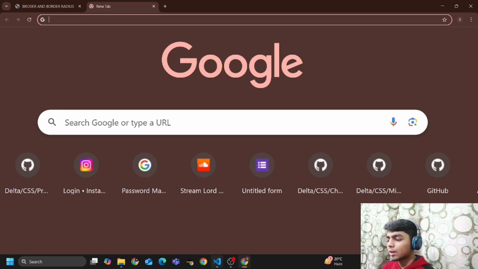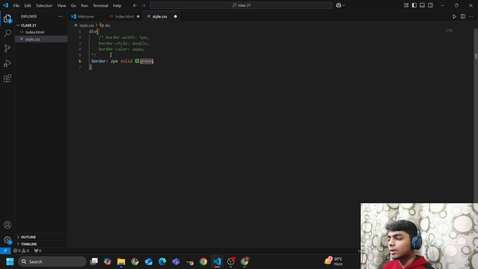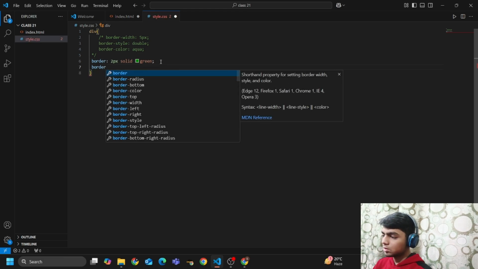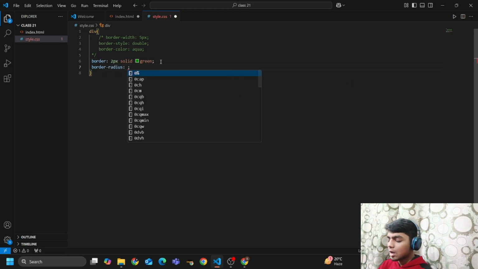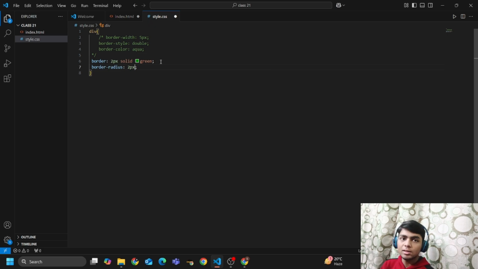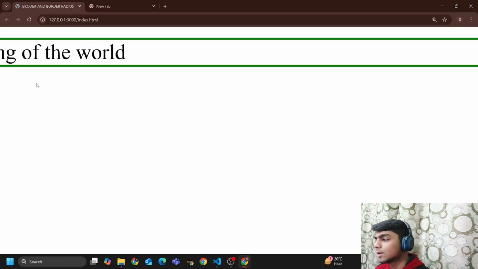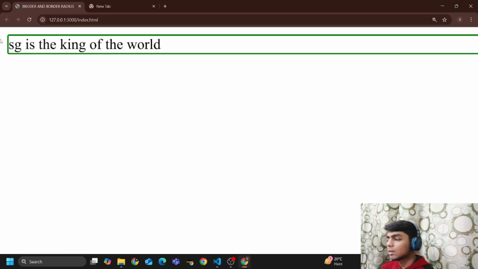See, if I come here and write border radius, and for example I write 2 pixels, and now if I preview this, you will see that my border is curved from its ends.